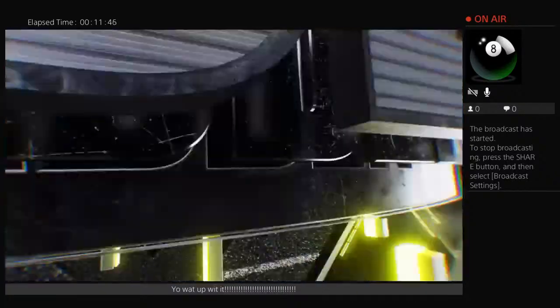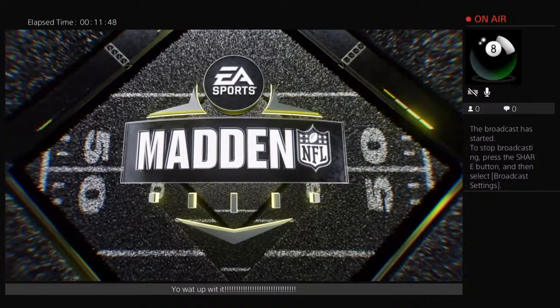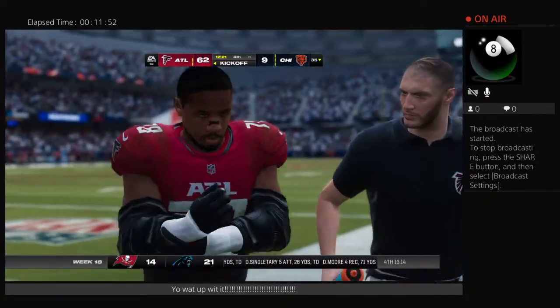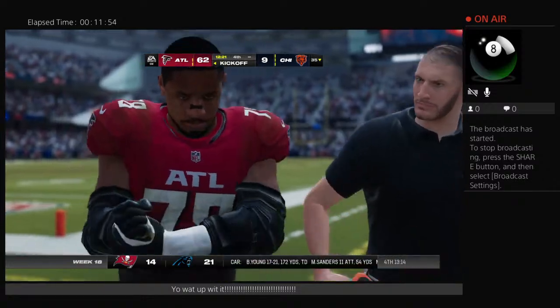There appears to be an injured Falcon on the field. Well, week 18, this is just when you hope everybody can get through the regular season healthy, but the medical staff is going to have to...